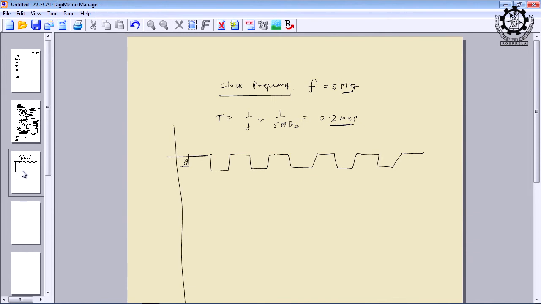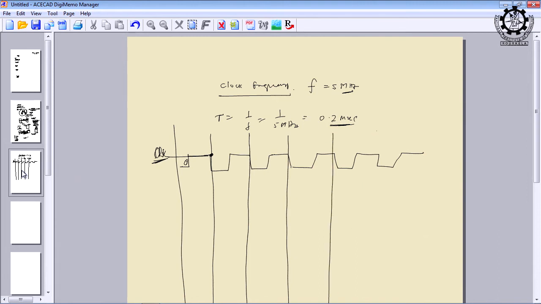Is it okay? So, this is the clock pulse at frequency CLK, sometimes you write it CLK, clock pulse. If I track the time from this point, this is the beginning point, right? And the pulse will have one cycle, this is the one cycle, this is the second cycle, this is the third cycle, this is the fourth cycle, likewise you go on drawing, and you can keep track of every cycle, and this cycle is nothing but the time period t, that is 0.2 microsecond, right.